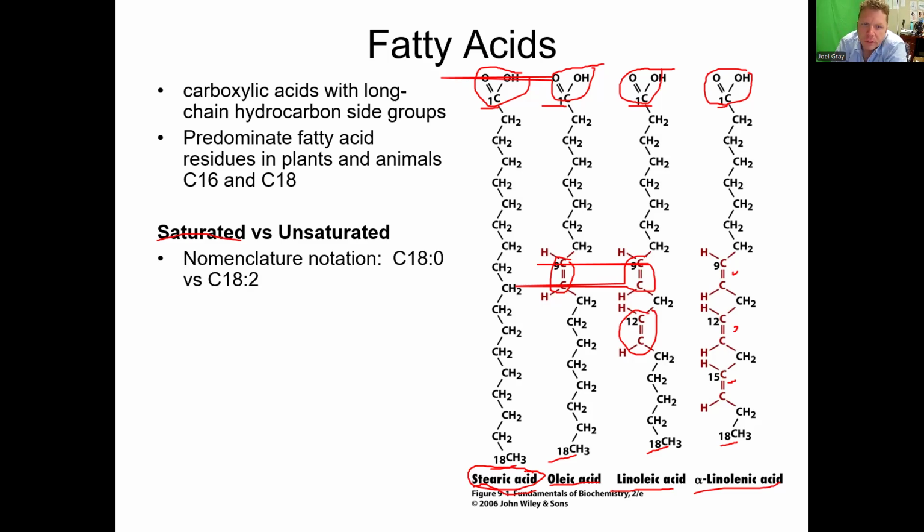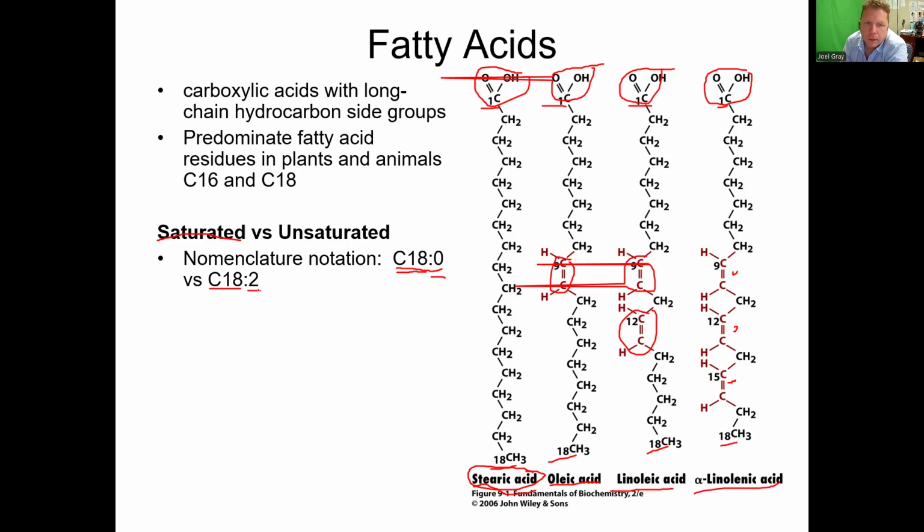Now, this nomenclature notation to identify them. You have to know the difference between a saturated fatty acid and an unsaturated fatty acid. This notation right here, the C18:0, corresponds to the number of carbons, 18. We're talking about a fatty acid with 18 carbons, and then this :0 indicates that this fatty acid has no double bonds. Compare that to